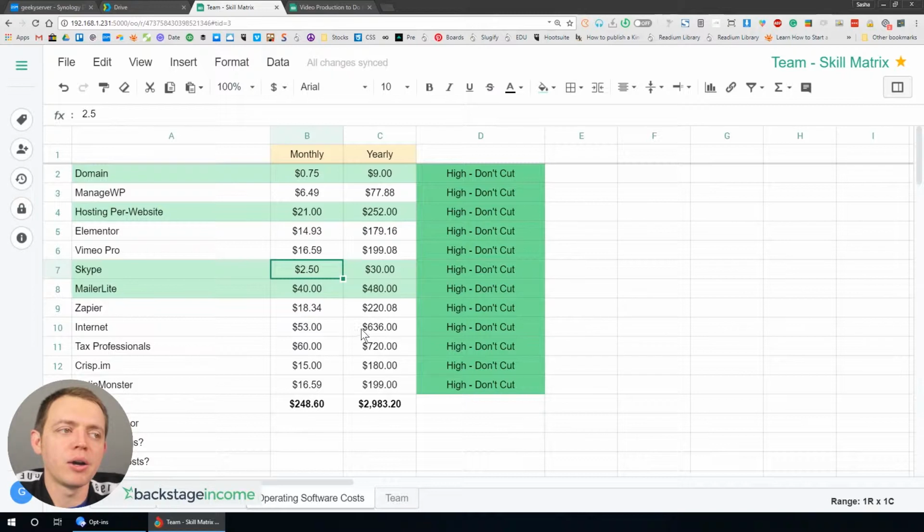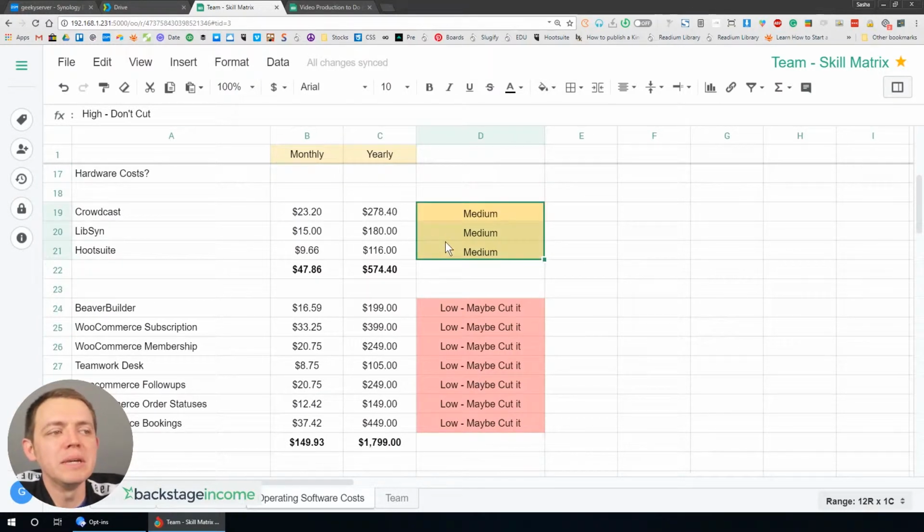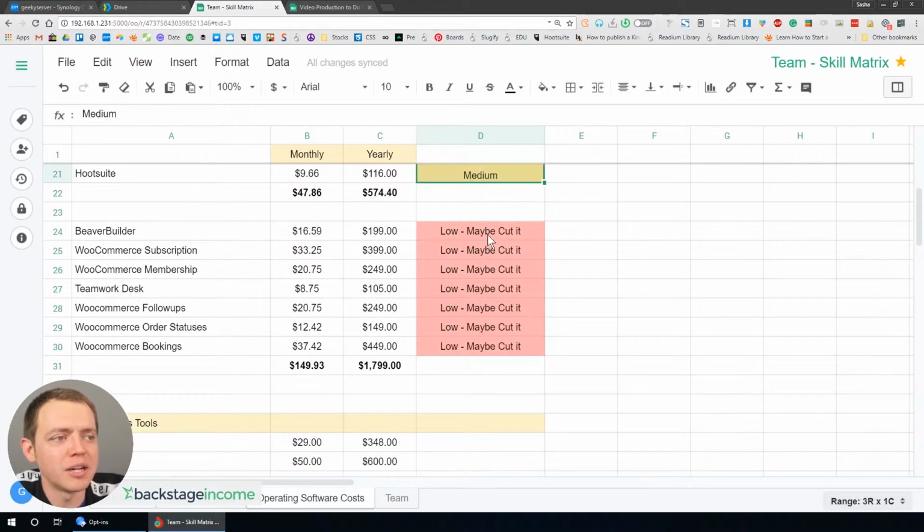And then think about, okay, what is it that I really, really need? And that's why I have this one column over here, high importance, meaning don't cut it. If I'm in the medium area, I'm at the point where I'm thinking maybe I should cut it. It's kind of, okay, I could, but could I live without it? So I start thinking about it, okay, it's a nice thing to have, but it's not super necessary. And low, maybe cut it, could be another way that you target it. Now for me, again, some of these things will move around.